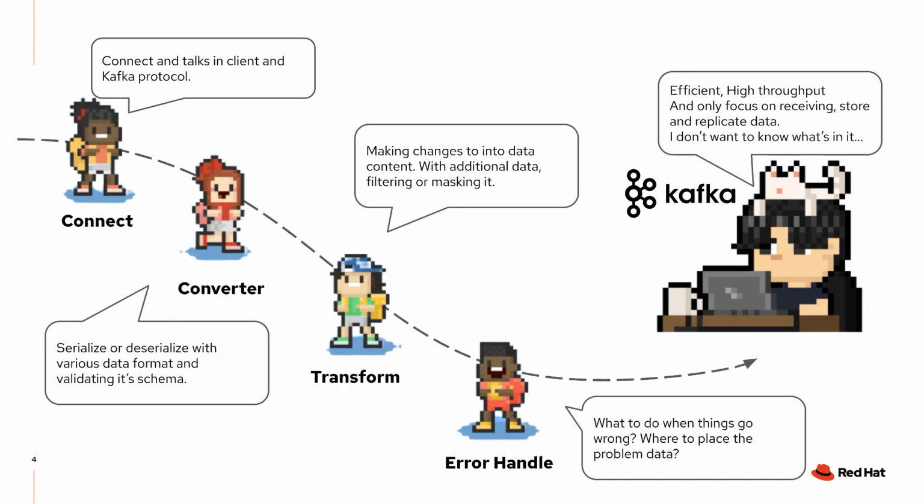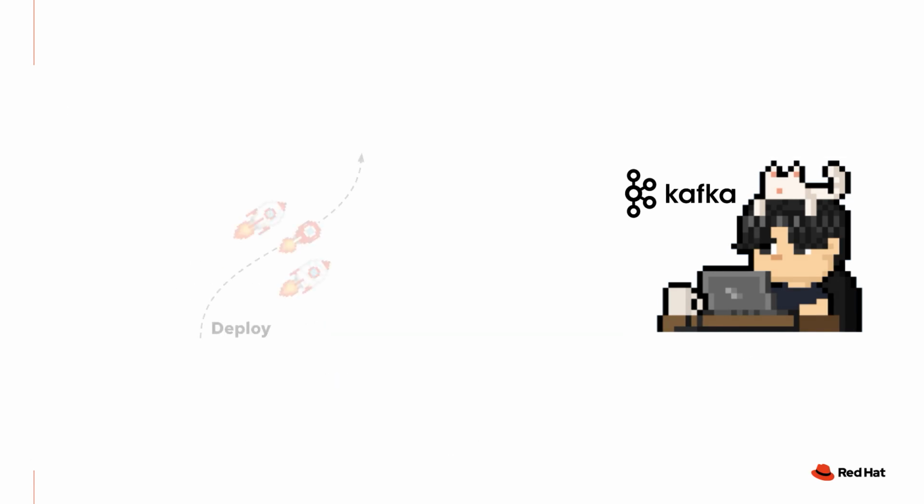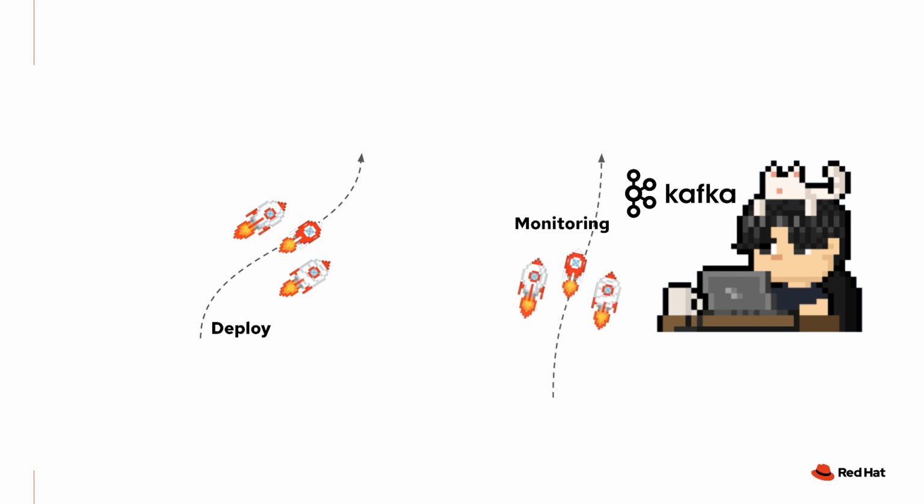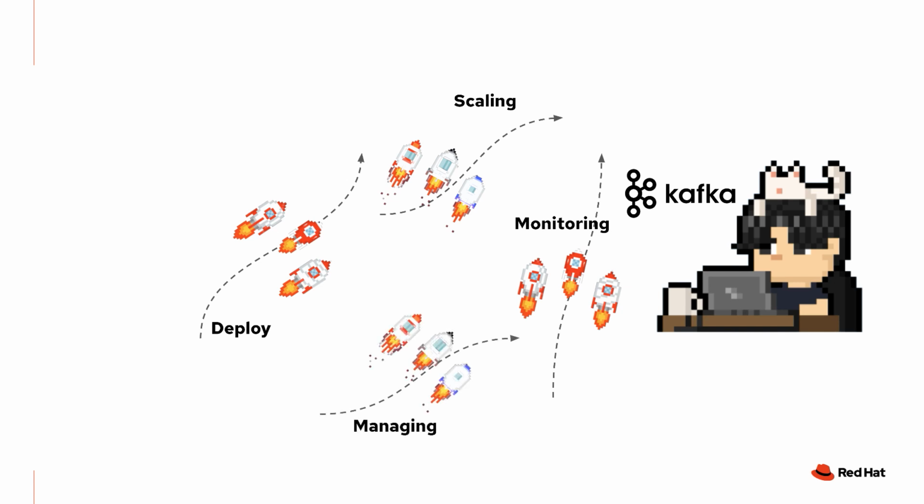And once you get your client set up, it's time to deploy it. How to deploy that into Kubernetes could be a problem. And then you also want to make sure that it is monitored so you're informed of what's going on. And also, when you have more than a couple of hundred connectors trying to stream data into Kafka, how you're going to manage all these clients trying to talk to Kafka would be another issue. And also scaling up your connectors or clients